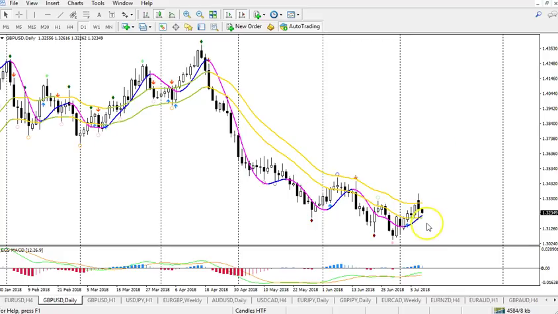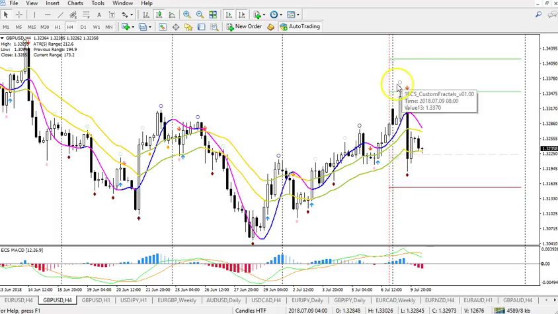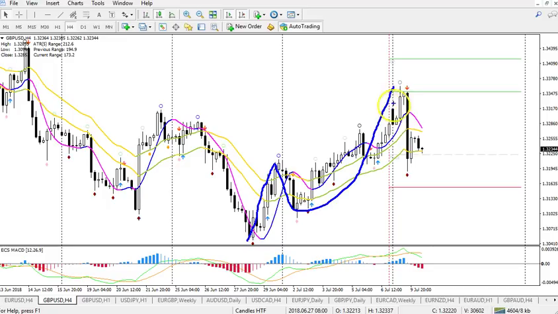Some downside I think is going to happen. Now the question is, how is it going to move lower? We had that resignation news yesterday from two prominent Brexit ministers basically stepping down. That caused the pound dollar to spike to the downside, some 150 pips. And it looks like, from my perspective, that an ABC correction was already completed before that news came. So it seems like the ABC completed, the news came, and then we had the reaction to the downside, but the ABC was already completed. As you can see, A, B, C.